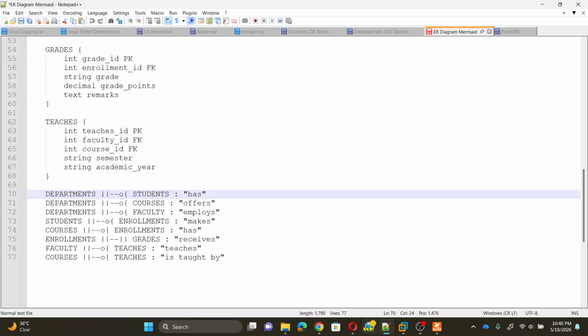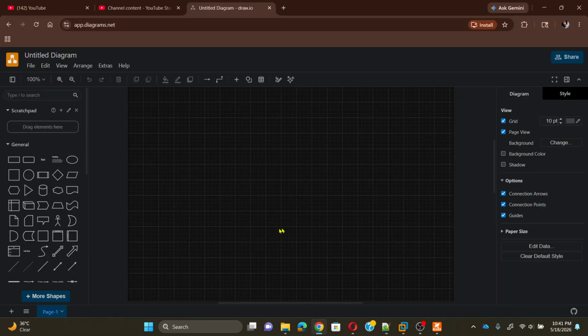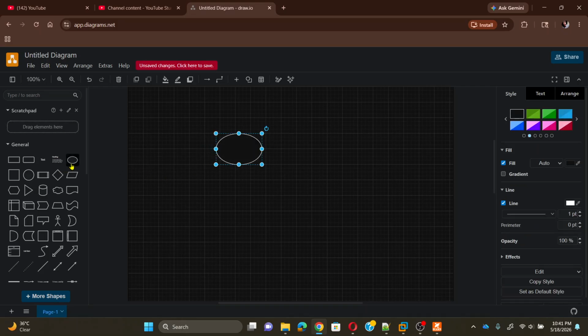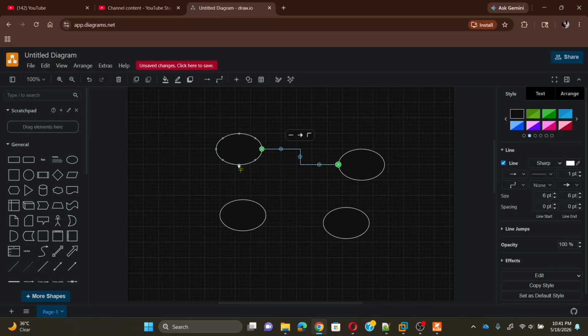So now let's see if it has opened or not. So we can draw the ER. This is an ellipse or oval, and we can drag and drop many of them. We can connect these to draw different diagrams. So you can draw many diagrams by using